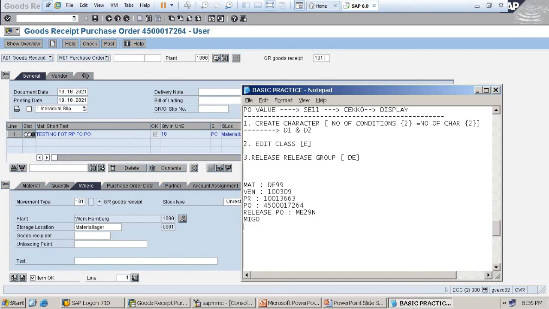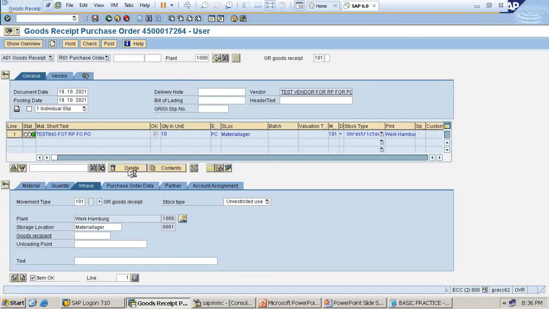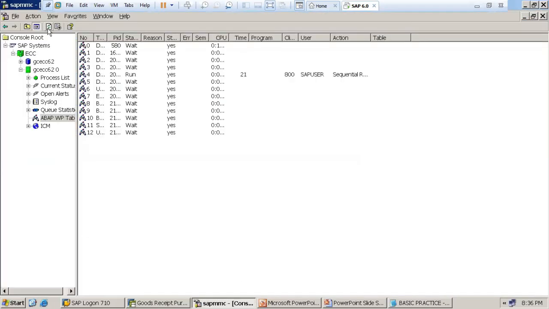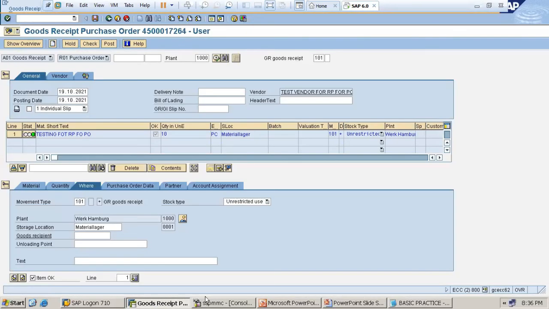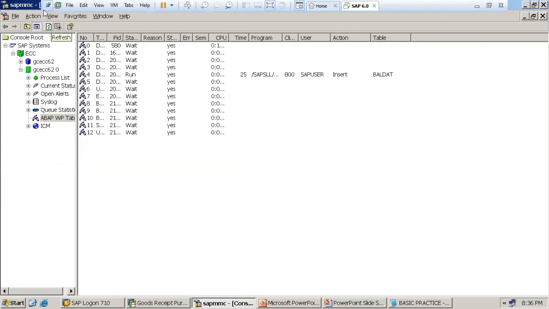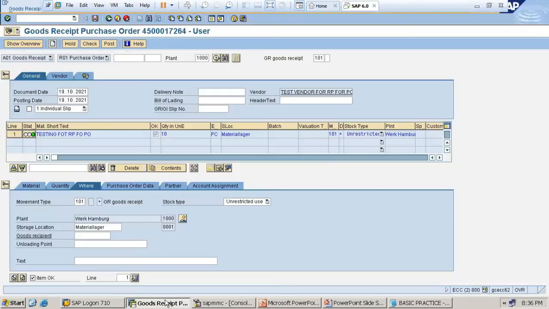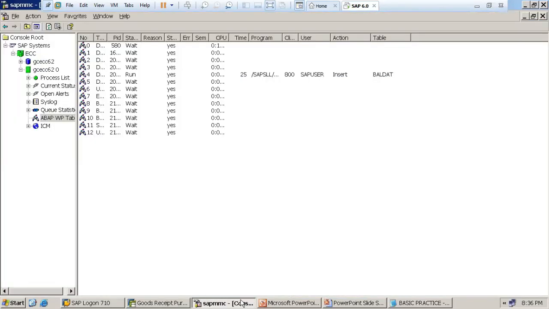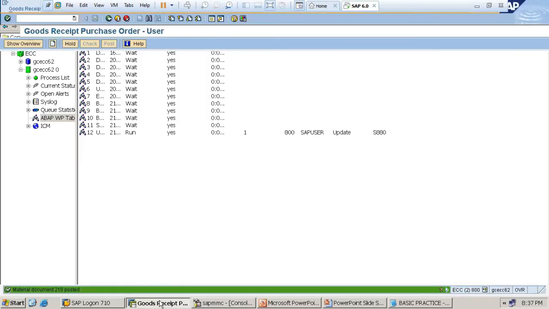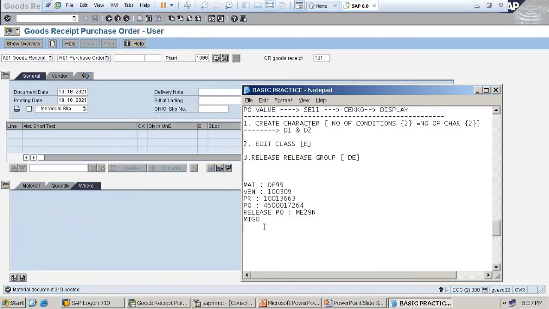You can check now whether this stock comes into our plant or not. I want to check whether this stock comes into our premises or not.